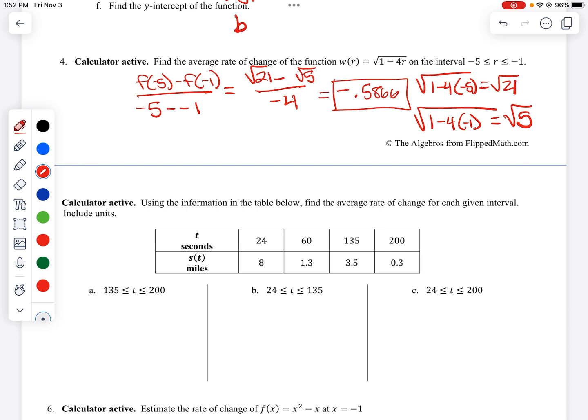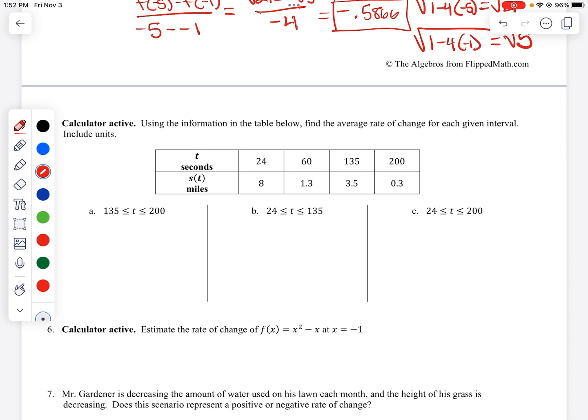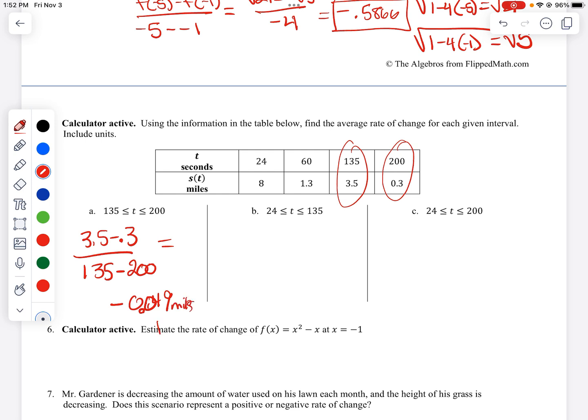All right, our next one here. Find the average rate of change for each interval. Well, 135 and 200. So 3.5 minus 0.3 over 135 minus 200 tells us negative 0.49049 miles per second. So 24 to 135, again y is on top, 135 minus 24 over 3.5 minus 8. Type that in, we get negative 0.0405